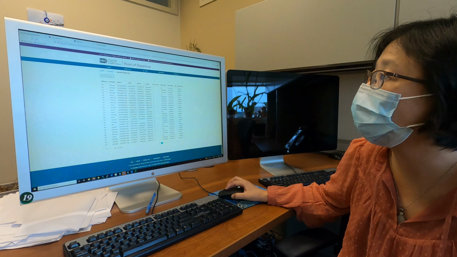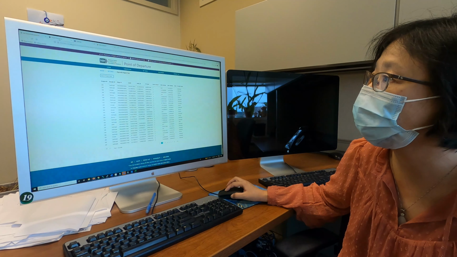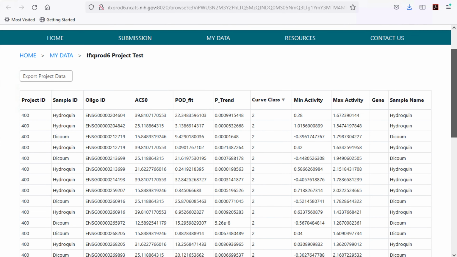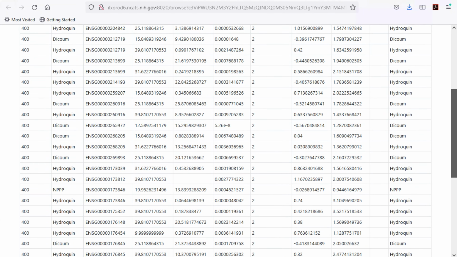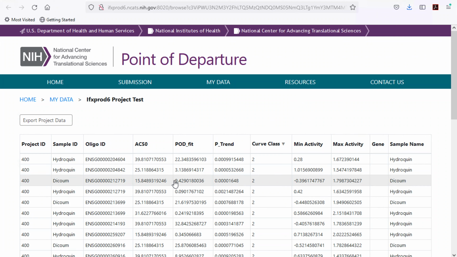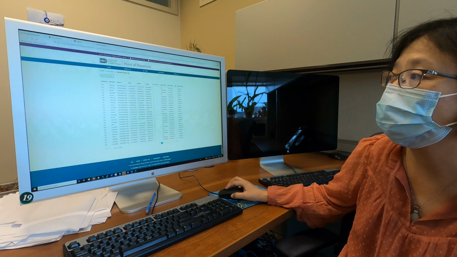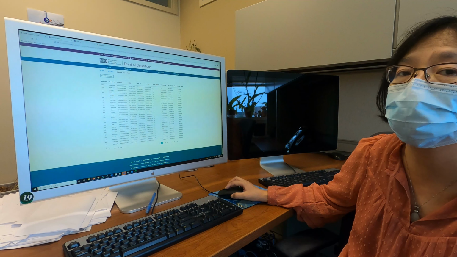For gene expression data analysis, we have developed what is called a point of departure website. This determines the point of departure for dose response gene expression data. The point of departure is the concentration at which a chemical induces a significant gene expression response.